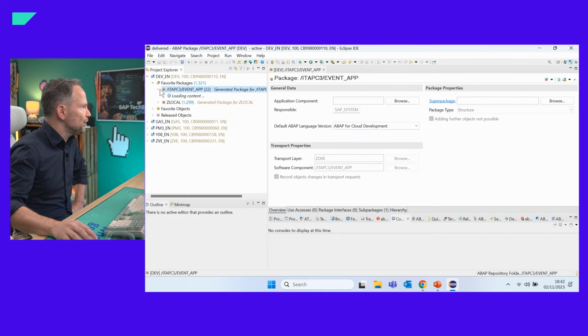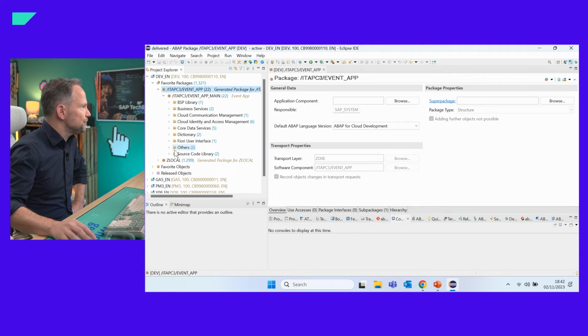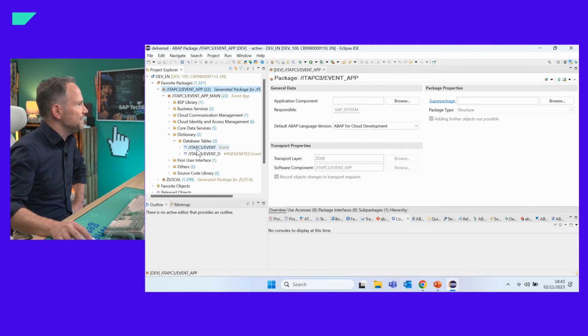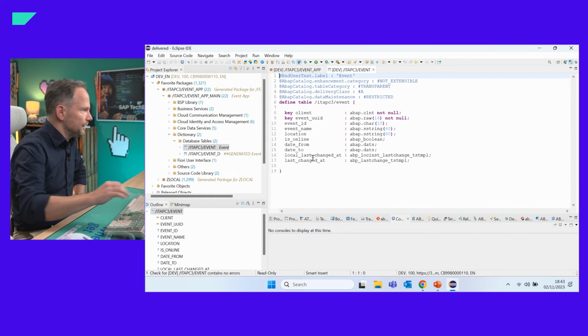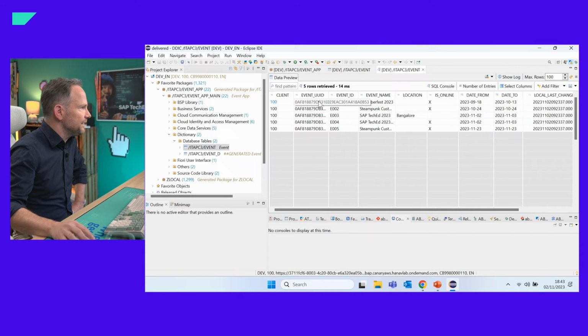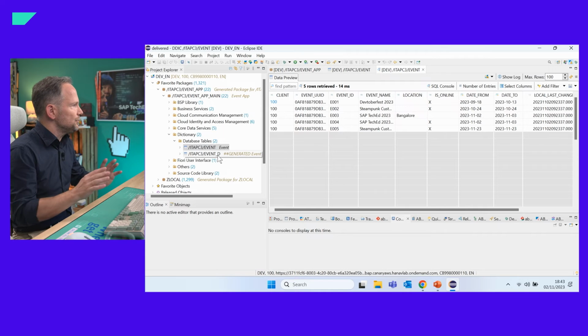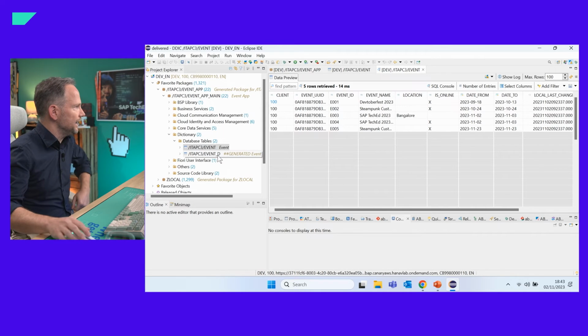So what is the purpose of this app? I would like to explain this very shortly. It's just one single maintenance UI to maintain events like this one. For that purpose, I created a database table and also a bit of test data. Here you can find our virtual TechEd this year, and that's all. It's just for the maintenance of events like this one.